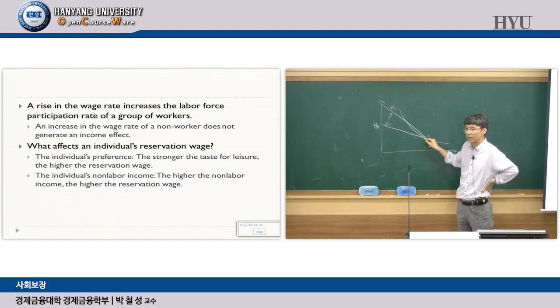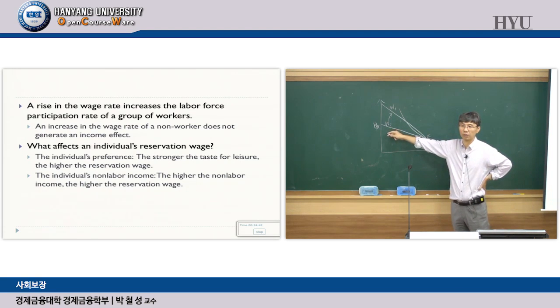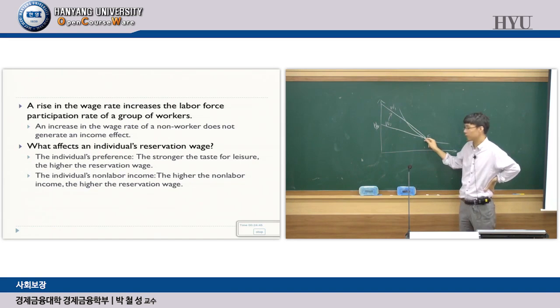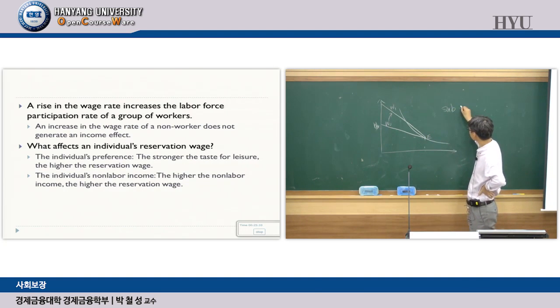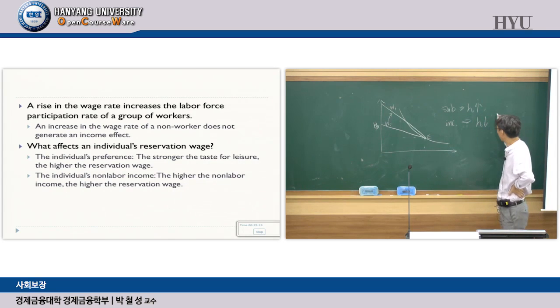This person was not working at the wage rate of W0. Let's say the wage rate goes up to W1. Will this person work more or less? Think of the income and substitution effects. By the substitution effect, wage goes up, so the person works more. How about the income effect? Work less, it seems, but